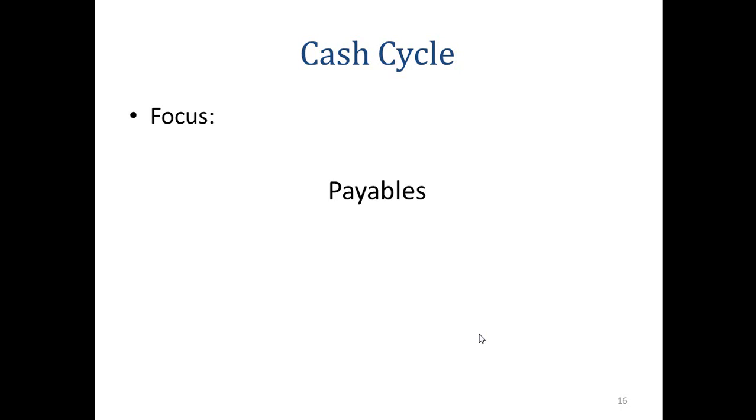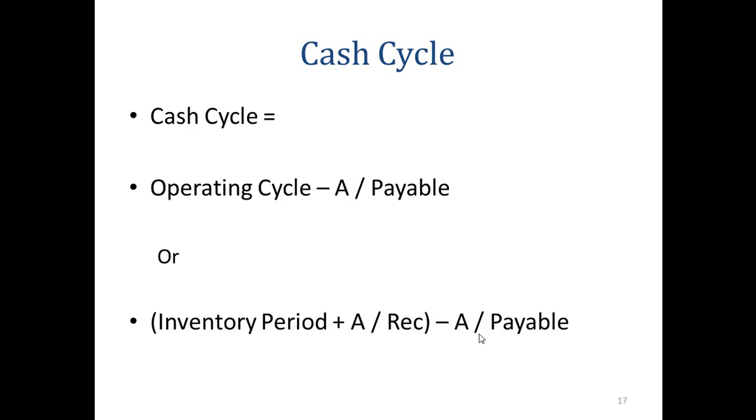Now, let's shift our focus over to payables, okay? When we get something and we pay for it. So the overall picture that we're getting closer and closer to is, we want to what? Shorten the days of when we receive our money, collect our money, and in essence, lengthen the days, stretch out the days from when we pay for goods, our payables. So, cash cycle is the operating cycle minus the accounts payable. Or, another way,